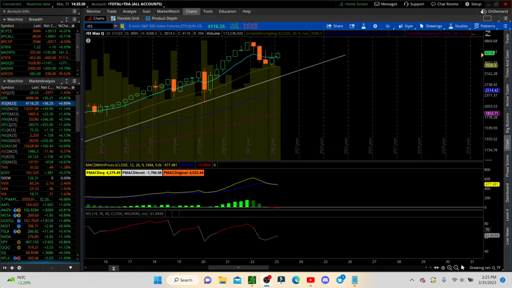We're going to take a look at ES on multiple time frames, and then we're going to go down my market analysis list. So you have to stick around. We're going to zoom through these so quick. We're going to hit up everything that you see on this left side here that pertains to the major market.